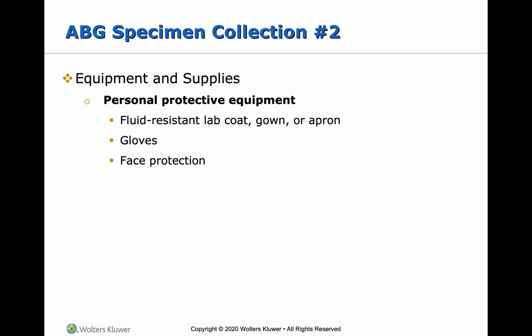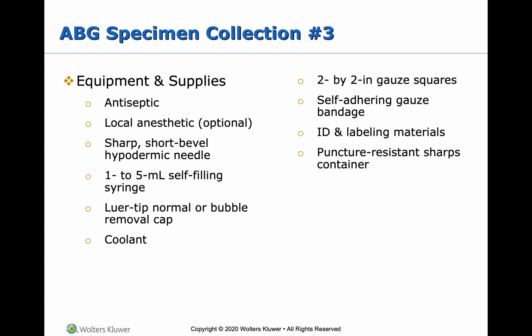So for equipment and supplies, you're going to want a lab coat, gown, or apron, gloves, and some sort of face protection. Antiseptic, so that's going to be like your alcohol swab or chloroprep, whatever you want to use for your antiseptic. You can use a local anesthetic. I don't believe that the respiratory therapists at our facility use anesthetic. Then you're going to want a short bevel hypodermic needle, 1 to 5 milliliter self-filling syringe,